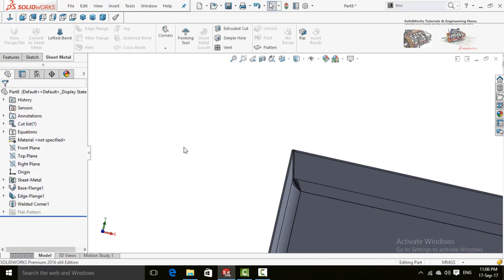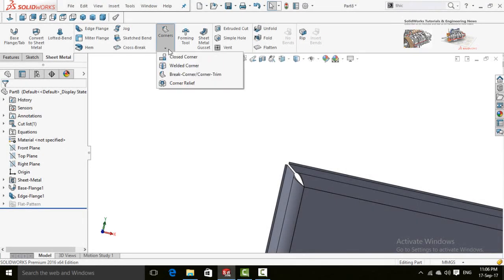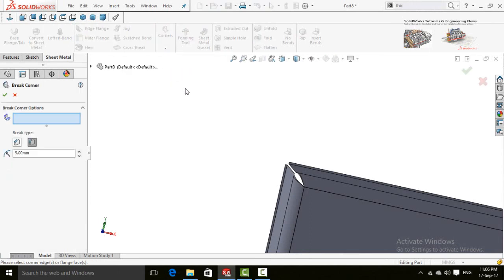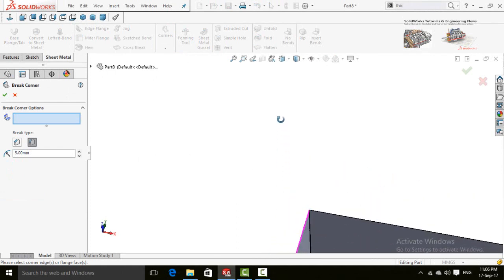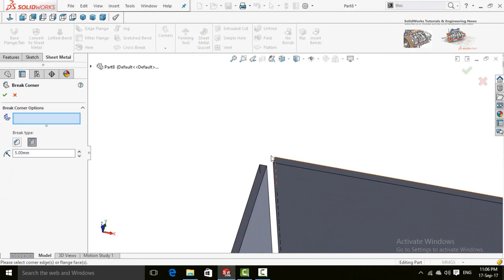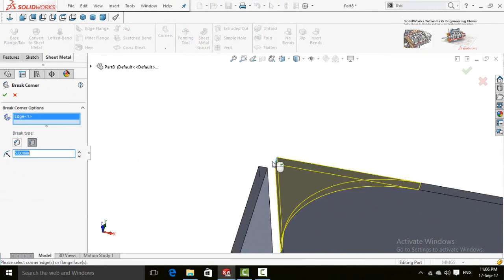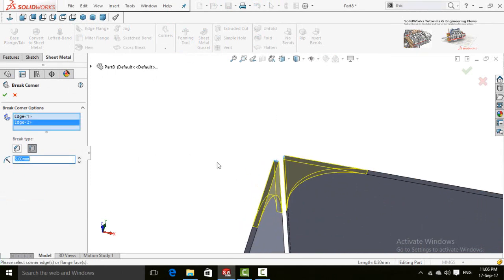Now close it. After weld corners there is break corner or corner trim. Click on this option. Now click on this corner and then on this corner.